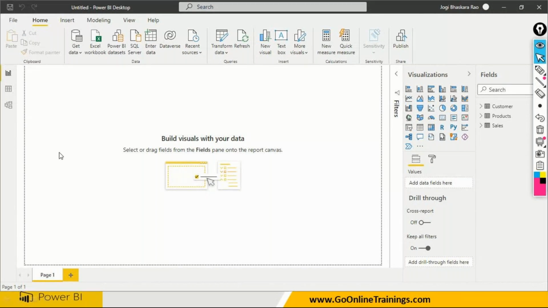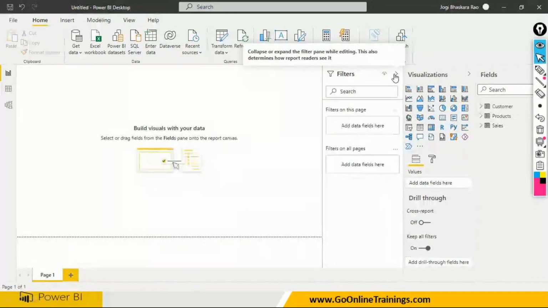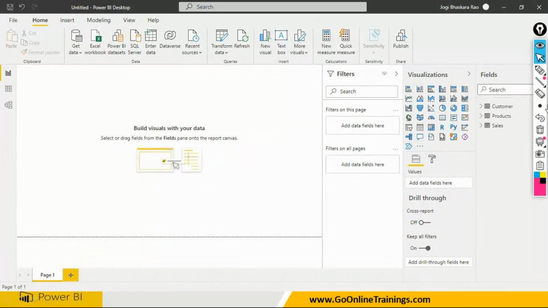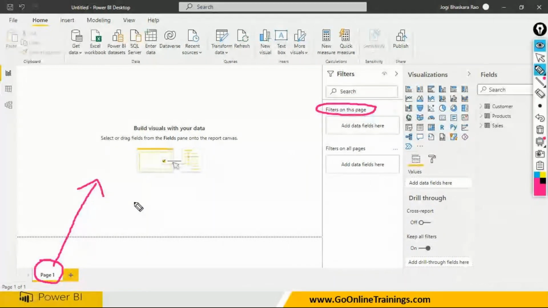Okay. So all the data is visible here. When you open filters, you will be able to see a lot of filters there. So what are the filters we're talking about? We're talking about add data fields. One kind of filter is called filters on this page. So this is what is called a page. On this page, you should be able to apply filters at the page level and the reporting level, because